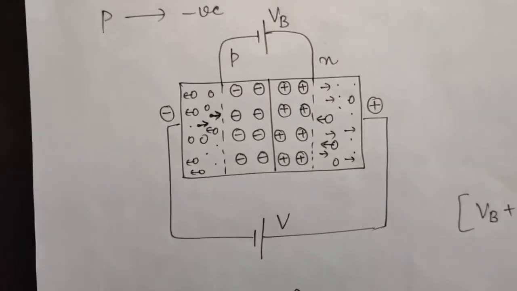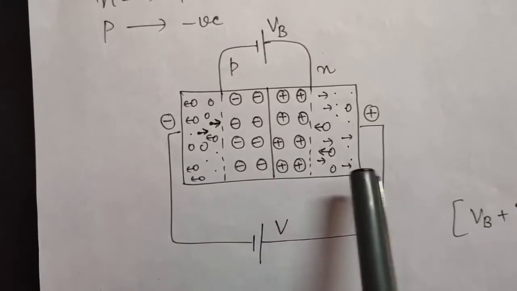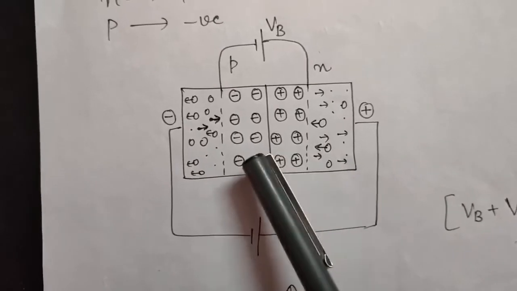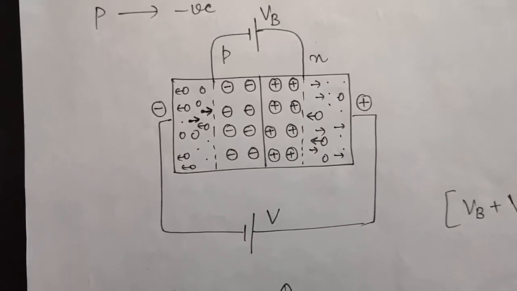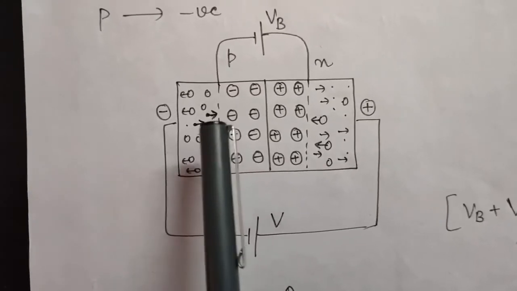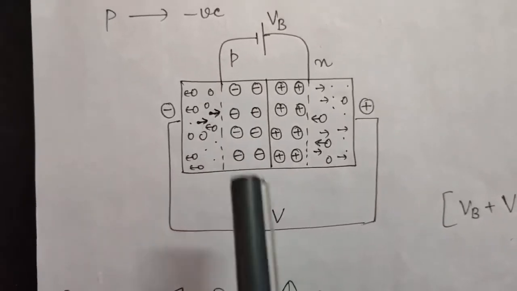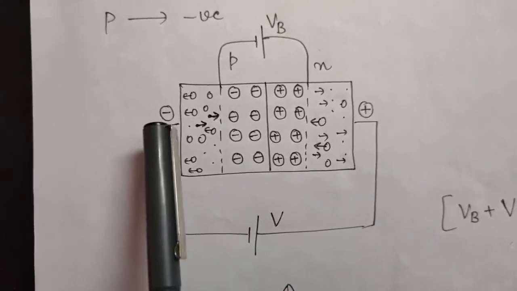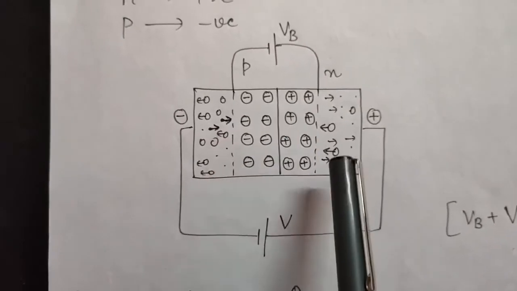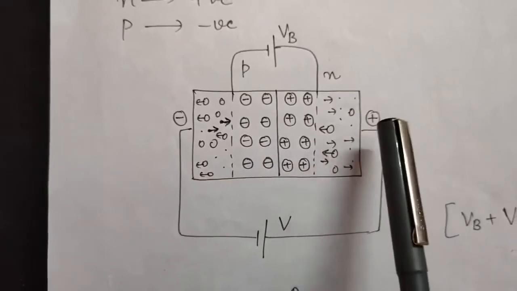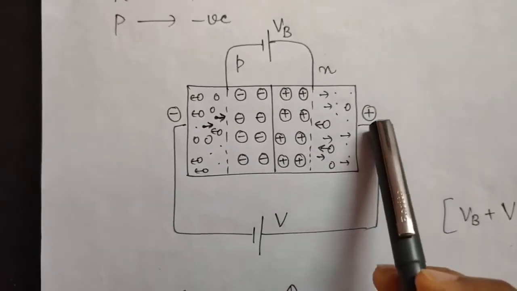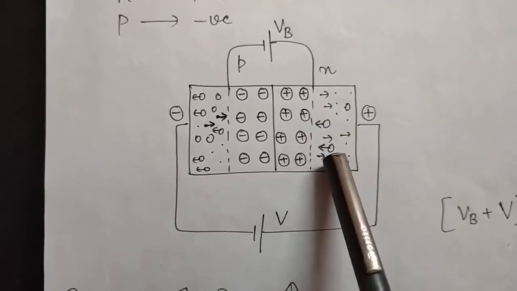Now what is happening? See, these holes and these electrons cannot constitute the current along the junction because they are not moving along the junction. So what happens? Due to this external voltage, there are some electrons in P also. So due to this external voltage and this negative terminal, some electrons will be moving in this direction. Similarly, there are some holes in n-type, and due to this positive terminal, there will be repulsion between holes and this positive terminal. So some holes will start moving in this direction.